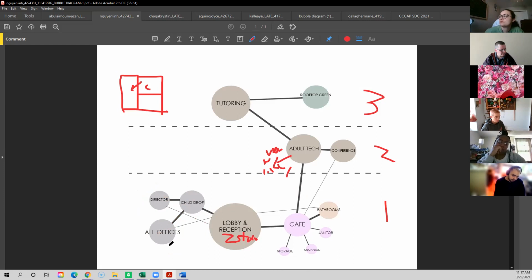I did have an elevator line from the gray dots to the tutoring, because they're technically right on top of each other. But I guess the line didn't show up for some reason. I was thinking, if there was the elevator there, could I technically put the childcare with the tutoring and the rooftop greens? They have space to play and